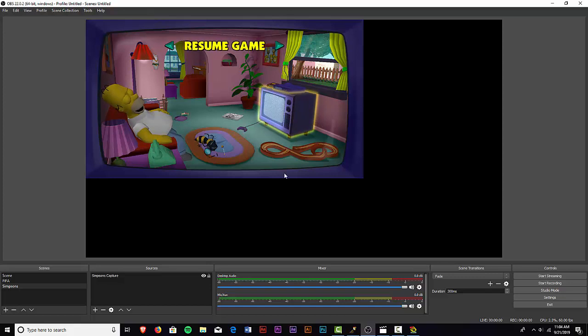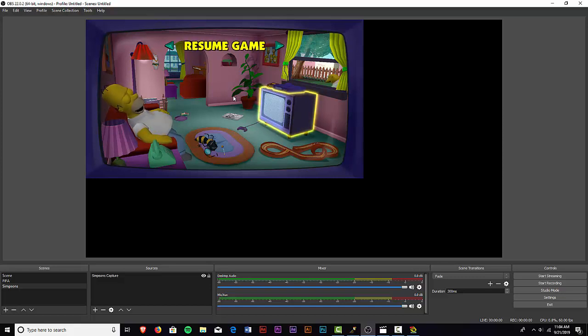Of course, if you don't want your recording to look like this, you want to make sure you fix that. And you might want to go ahead and set it to 1080, set it to full screen, whatever can get you to full screen, and it should be fine. Now, if you can't really get it to 1920 by 1080, which is what I meant to say,